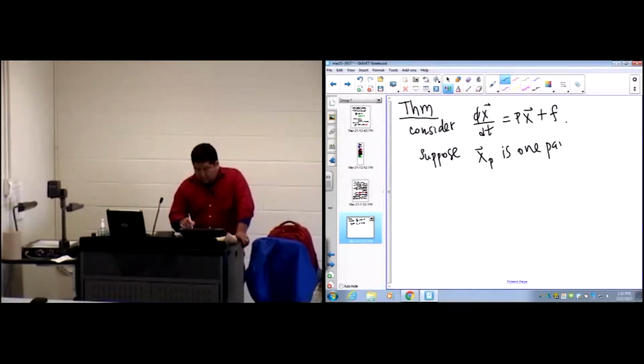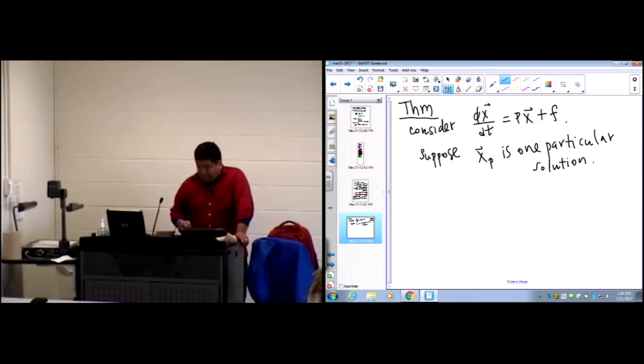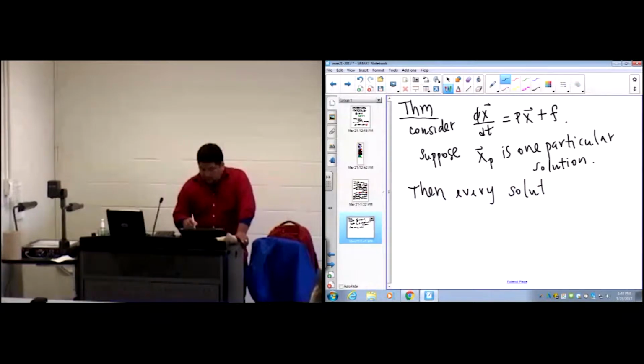So then every solution has the form x equals x sub c plus x sub p, where x sub c is a solution, or where x sub c solves the homogeneous problem,